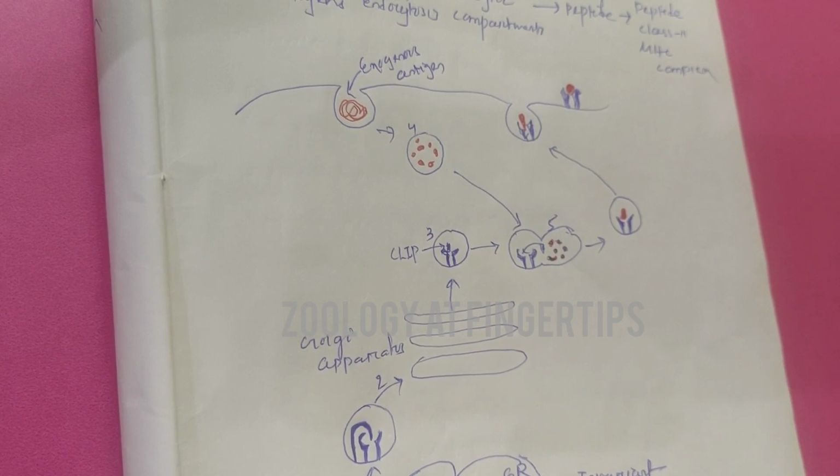The summary of this antigen processing and presentation is that the endogenous antigen is synthesized inside the cell, processed inside the cytoplasm of the cell, binds to the MHC class 1 molecule, and is recognized by the CD8 molecule on the cytotoxic T cell. Whereas the exogenous antigen, which is produced outside of the body, enters into the cell, is processed inside the endosome, binds to the class 2 MHC molecule inside the APC, and is displayed on the APC for recognition by helper T cell through CD4.